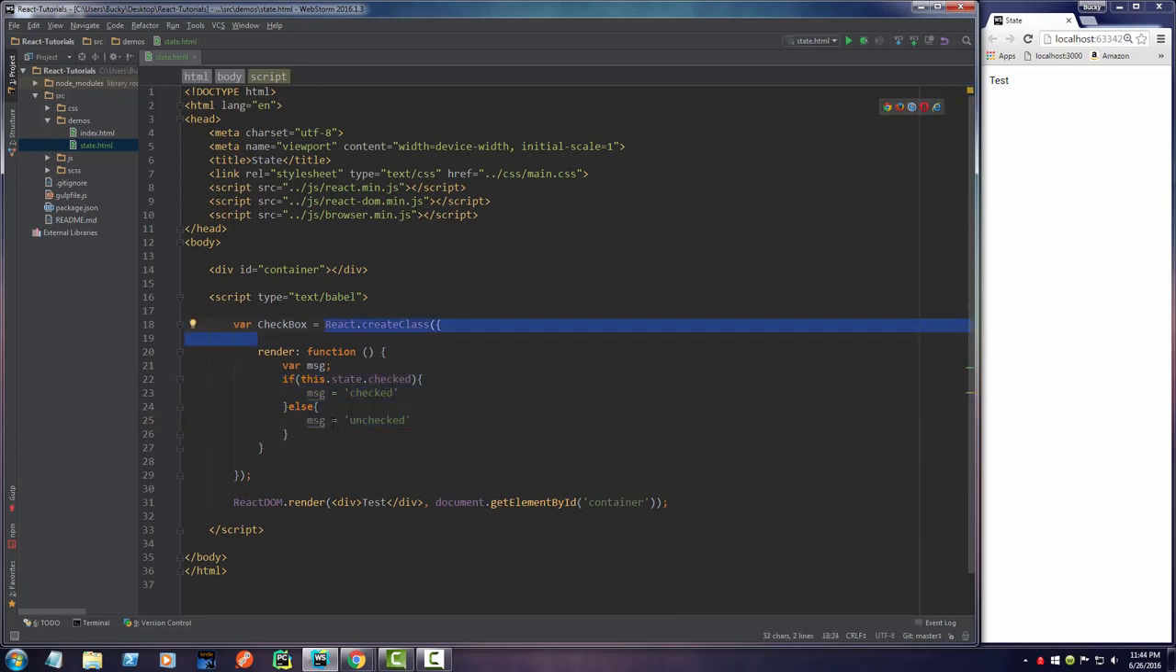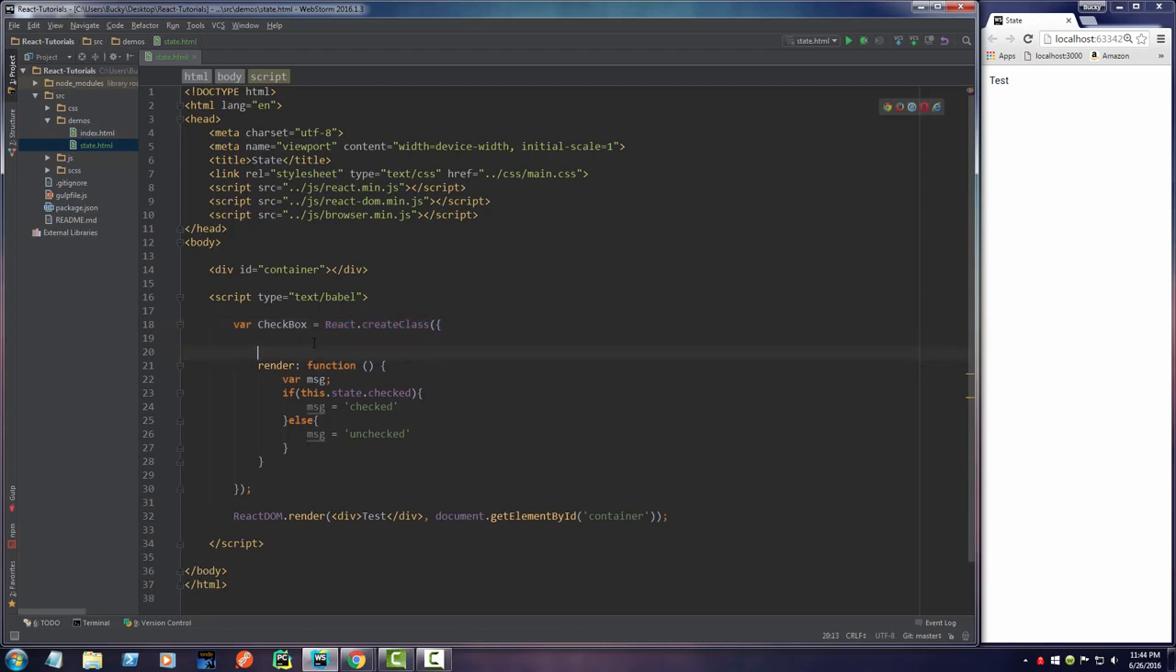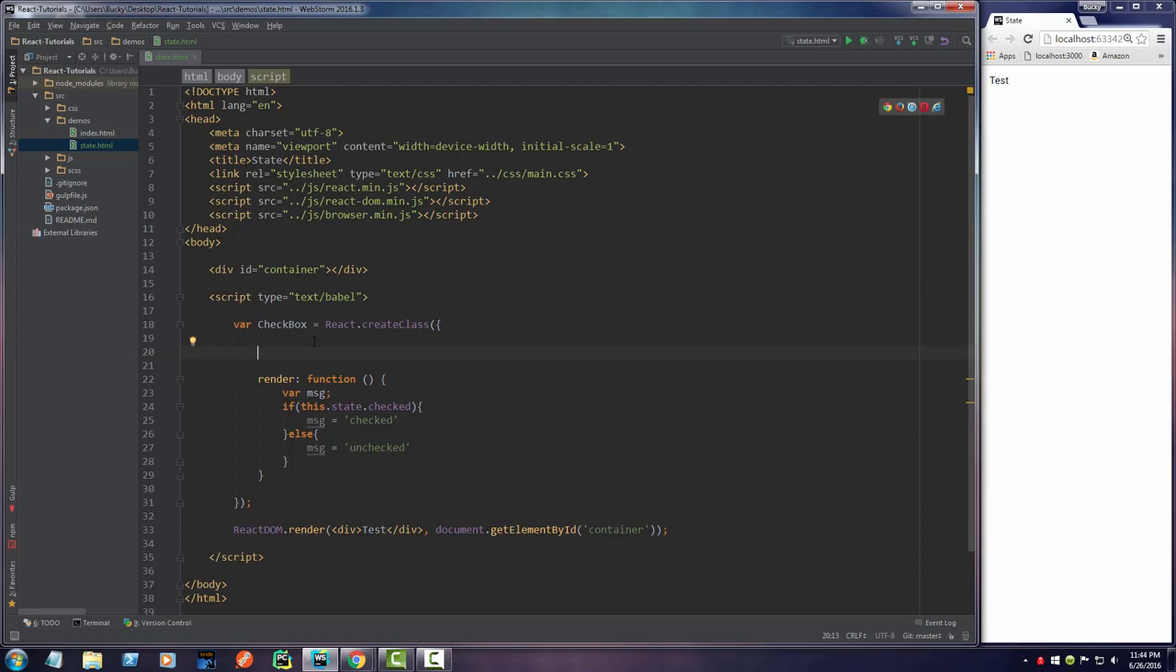And before we go further in creating this component and actually rendering out any HTML, I want to build another function right here to show you guys how to set the initial value of your states. So there's a built-in function, and it's called get initial state. So whenever you call this function,